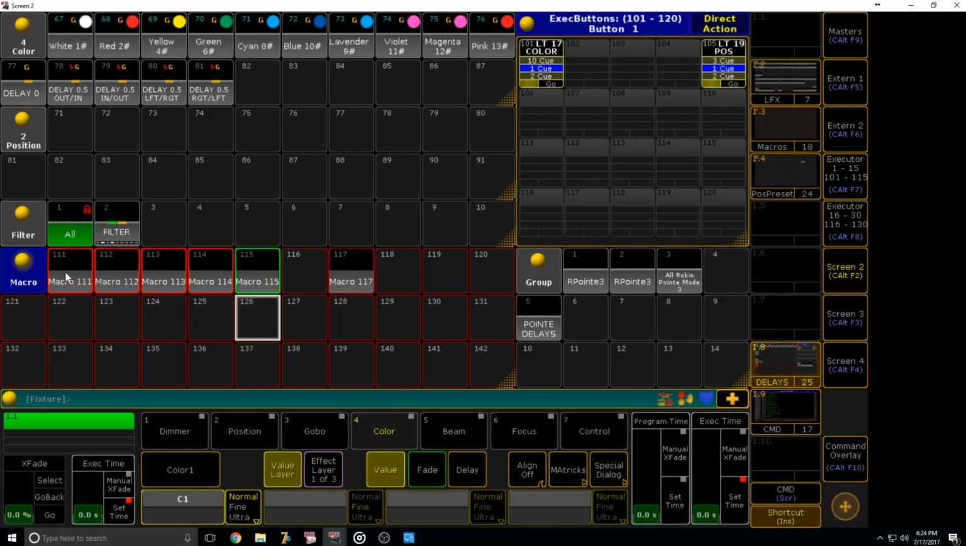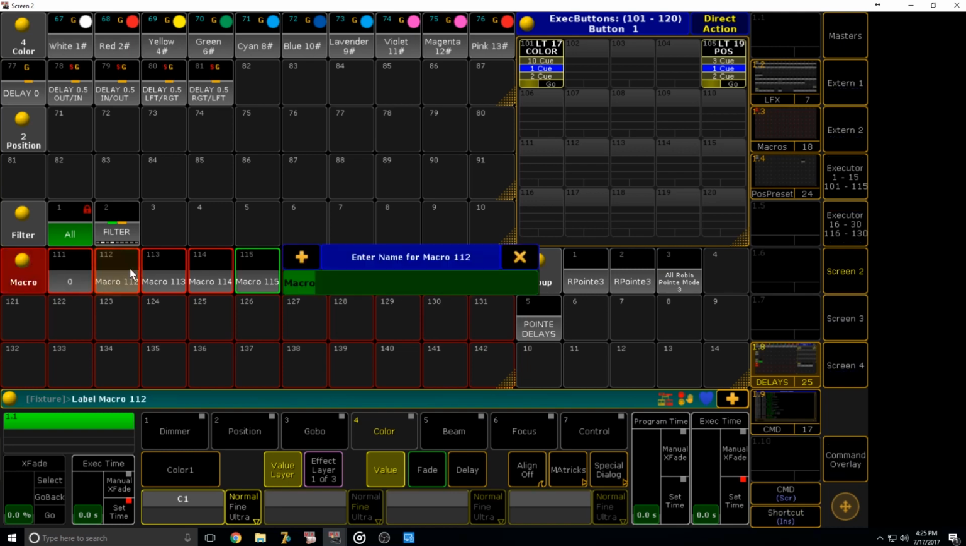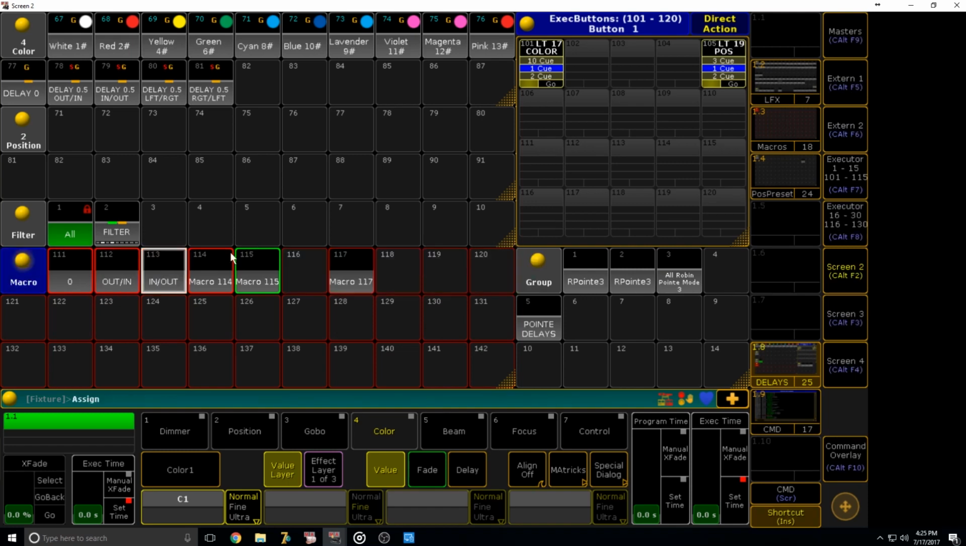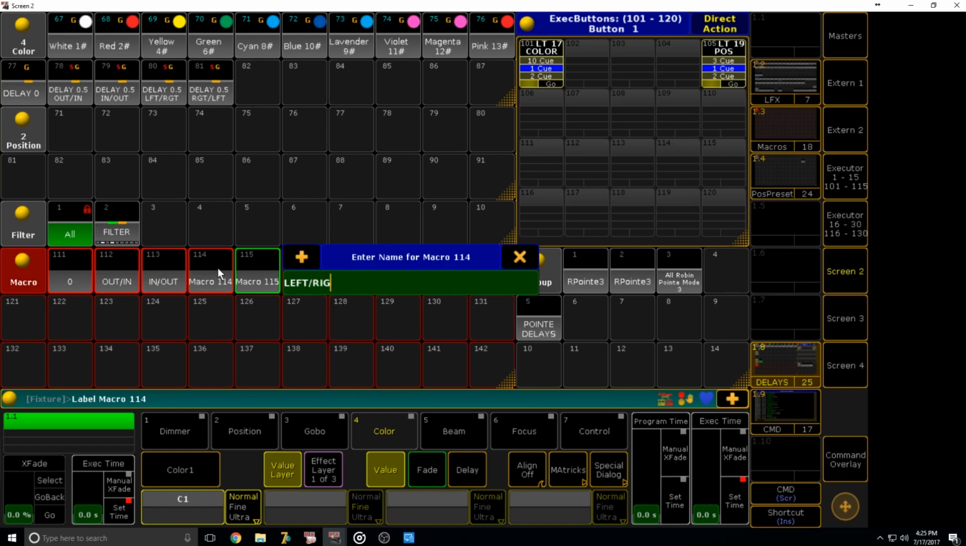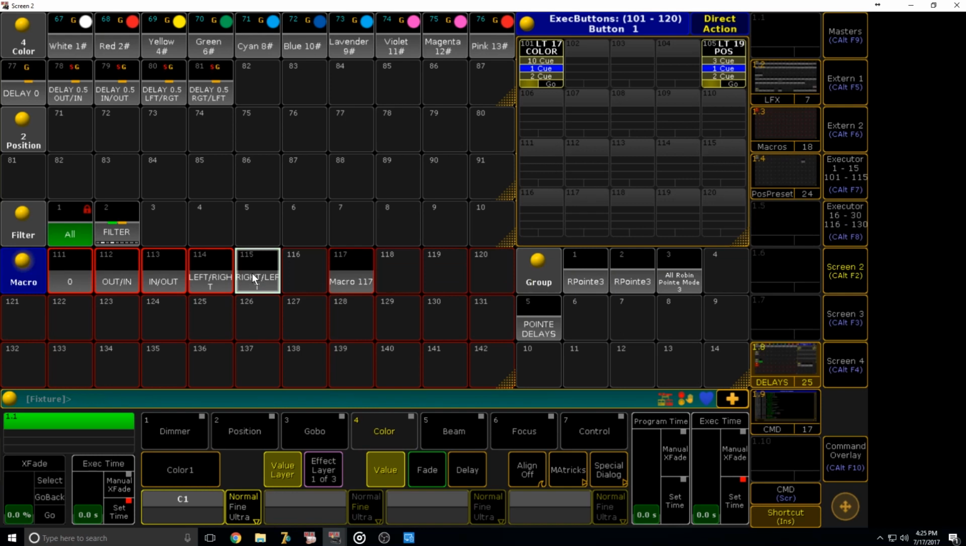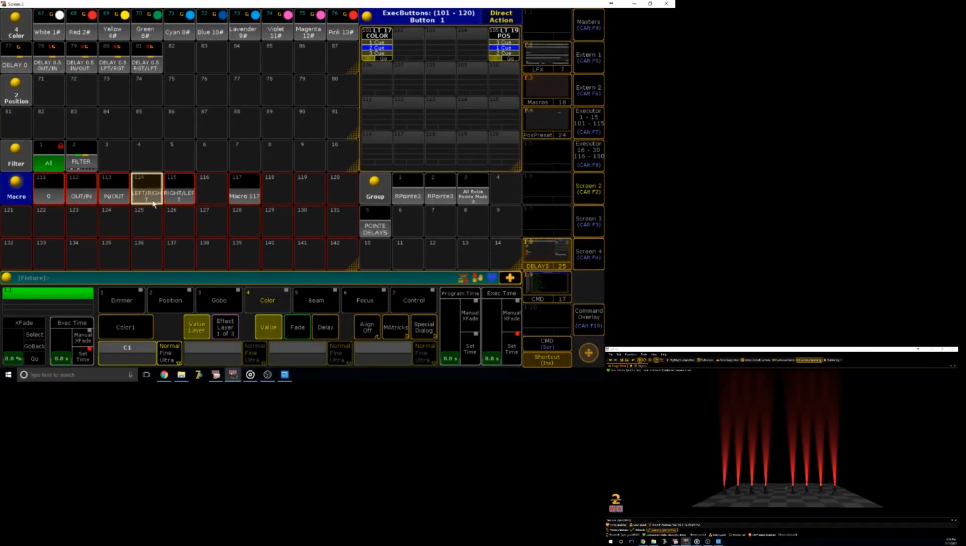So then if I label them correctly, or let's just label them quickly: delay 0, out, in, out, left, right, right, left. And that is literally all it takes to do this. So if I come into this view over here, you can see as I select them, first it'll go green, and then as I move it, it'll do whichever one is selected. So that is it for the